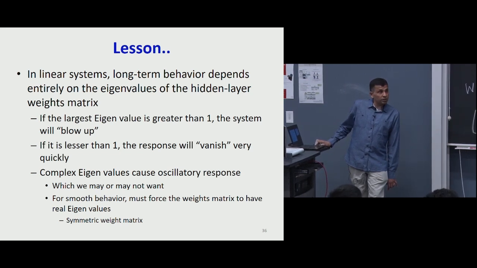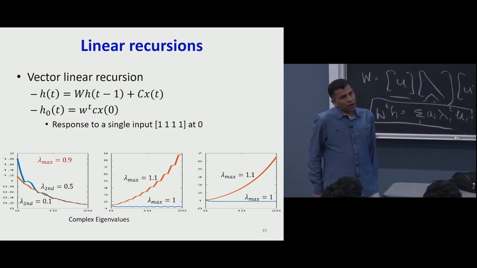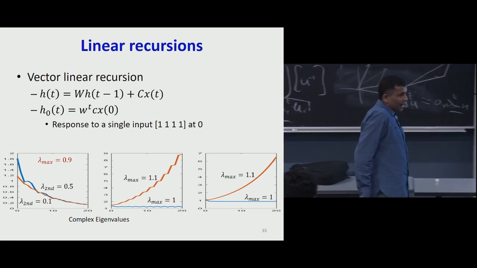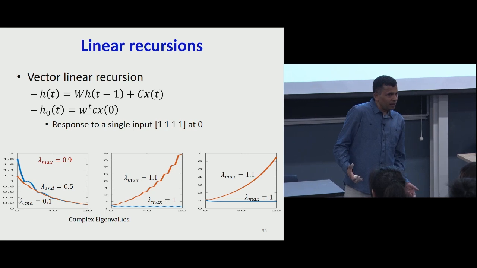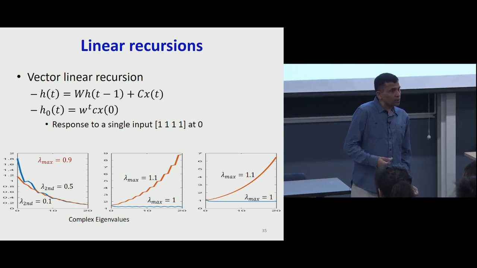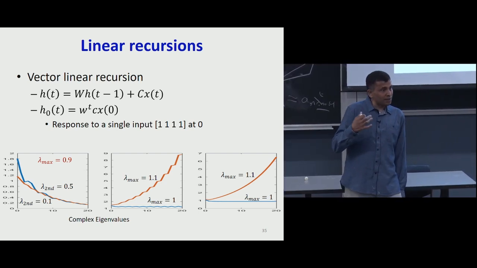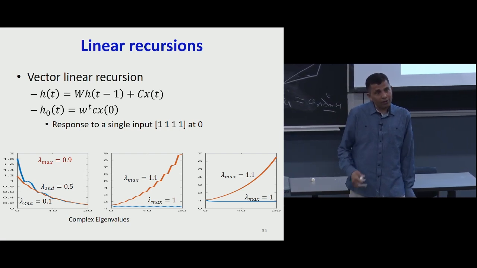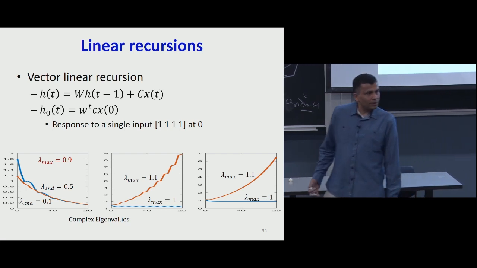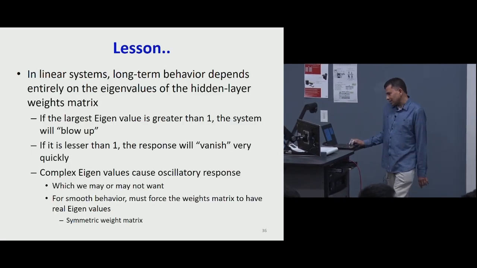What happens if I introduce non-linearities? Now, the first thing you observe over here is that if I only had linear activations in my hidden layer, the system doesn't really have a memory behavior, does it? If you give it some input, whether it remembers it or not really depends on the weights matrix. If the lambda max is greater than 1, the memory is going to explode to infinity. If it's less than 1, in 10 steps, it's going to die off, and it's going to forget what happened. Right. Now, simple linear response is maybe not great. So let's see what happens with